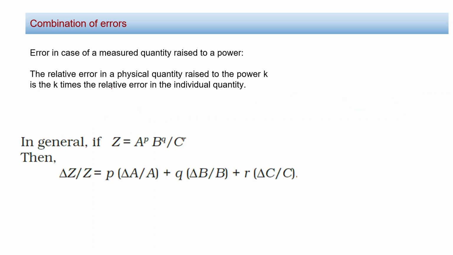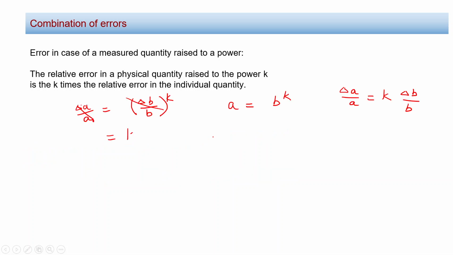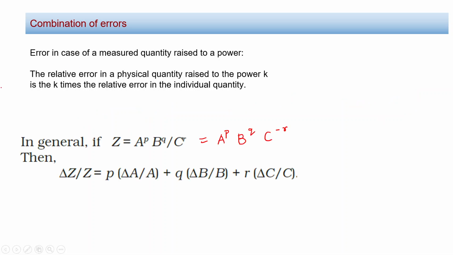In general we can express this as follows: if there is a quantity z which depends on parameters a, b and c in this particular way, then the relative error in z will depend on the relative errors in this way. How we get this: a to the power p, b to the power q, and since it's in division it becomes c to the power minus r, right? From what we had seen here, if it depends like this, then the power becomes a multiplication. So here also the relative error will be the relative error in